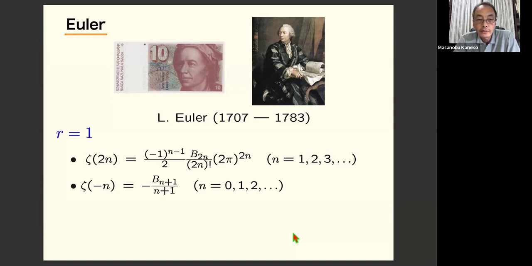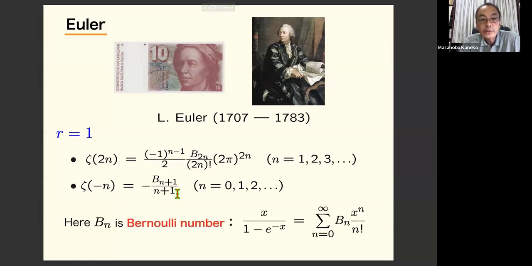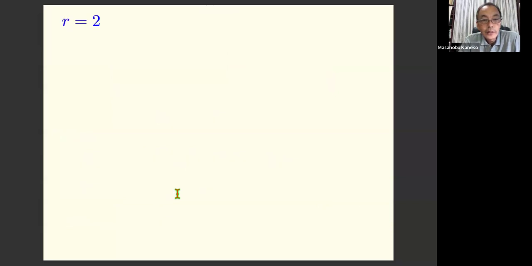And this is the exact formula, where B2n are Bernoulli numbers. He also evaluated negative values. This is a divergent case, but anyway, we will use this in the finite MZV story. Okay, these are, I think, famous formulas. Bn is the Bernoulli number. Okay, the r equals 2 case, sometimes called double zeta values,